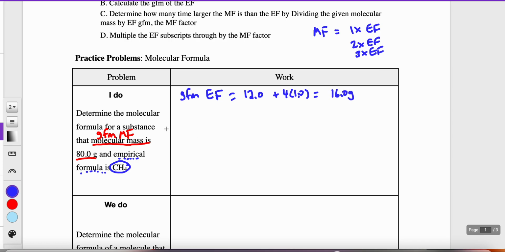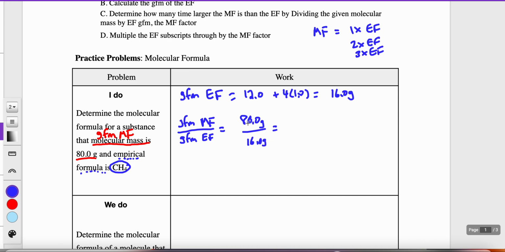So now that we know that, we need to figure out how many times larger the molecular is to the empirical. So simply, the GFM that's provided of the molecular formula divided by our newly calculated empirical formula's GFM. So it would be the 80.0 divided by 16.0